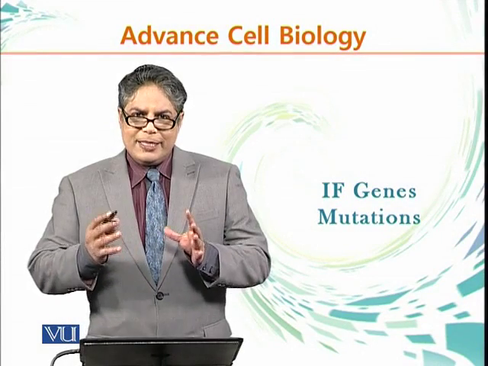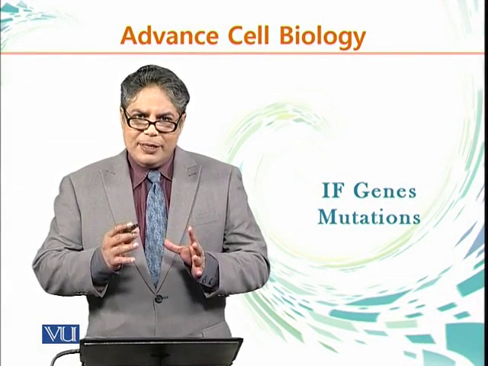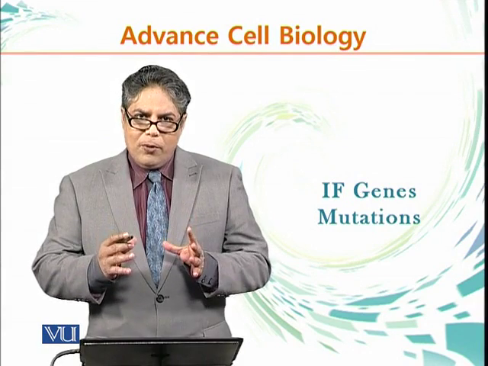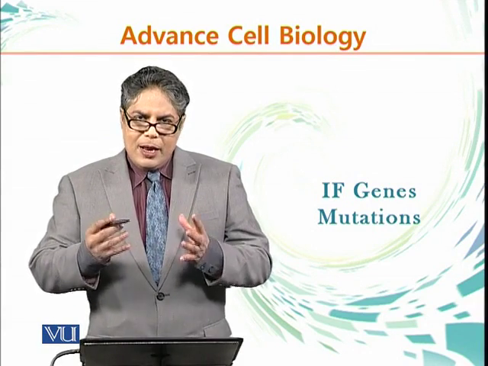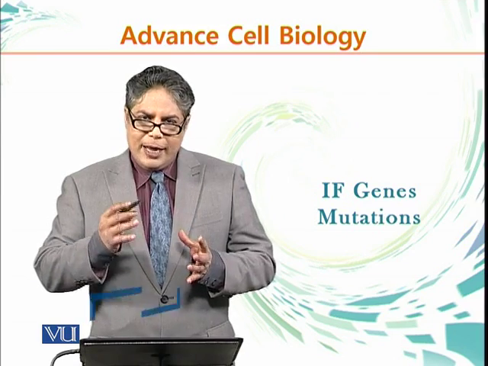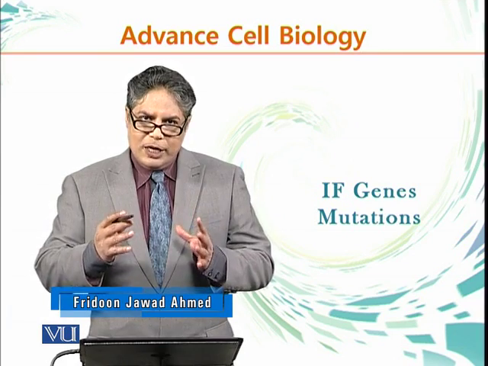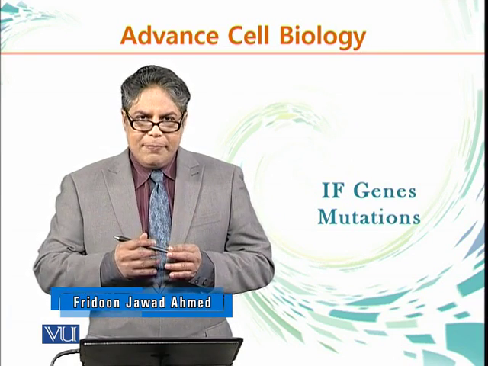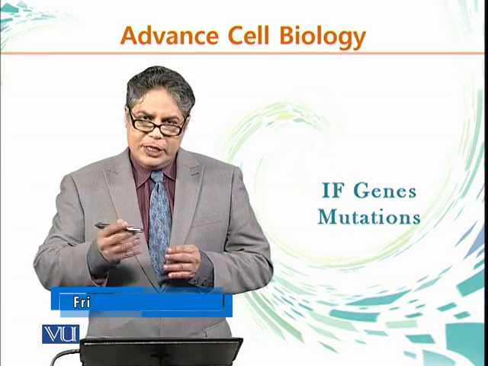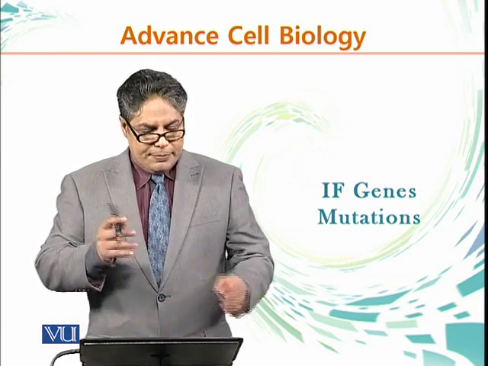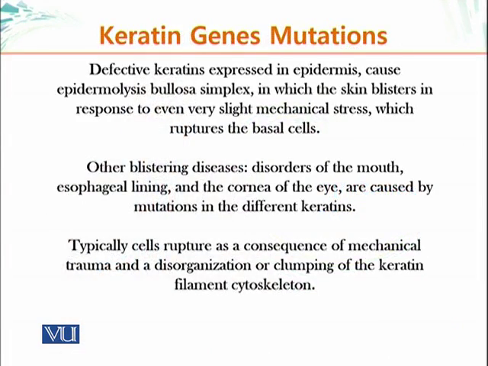So now that we have established that intermediate filaments play a very important role in cell structure, let me tell you a few things about what happens when these cytoskeletal elements are not functioning properly. More specifically, mutations in the genes that code for intermediate filaments. Let's talk about that. Defective keratins expressed in epidermis cause epidermolysis bullosa simplex, in which skin blisters in response to